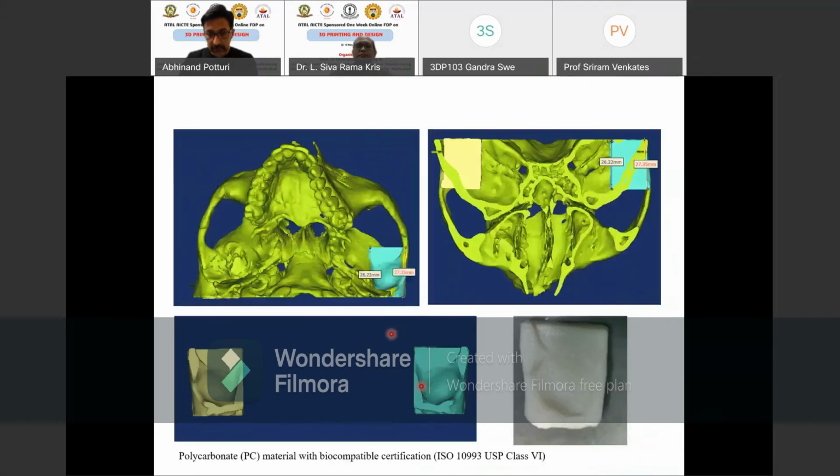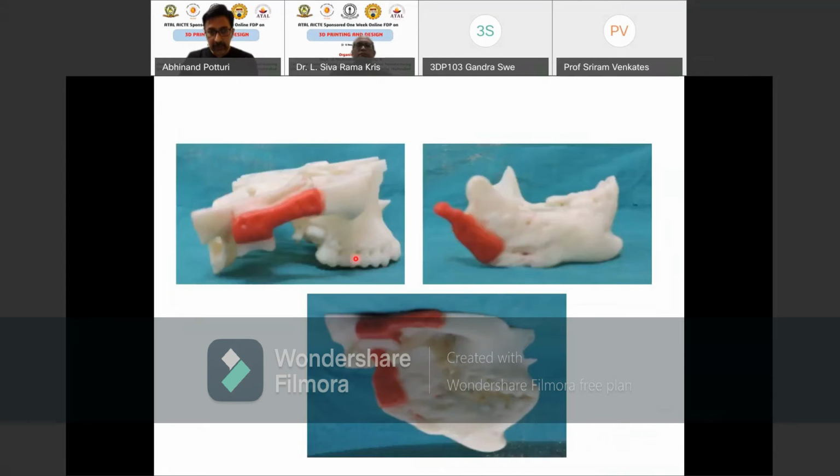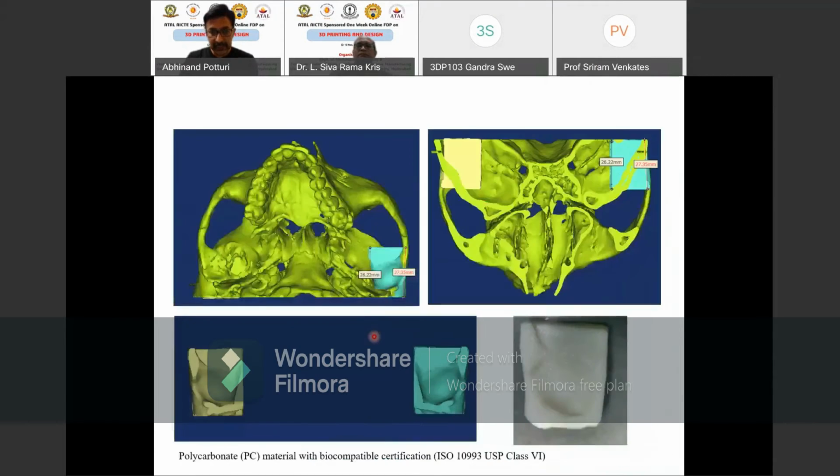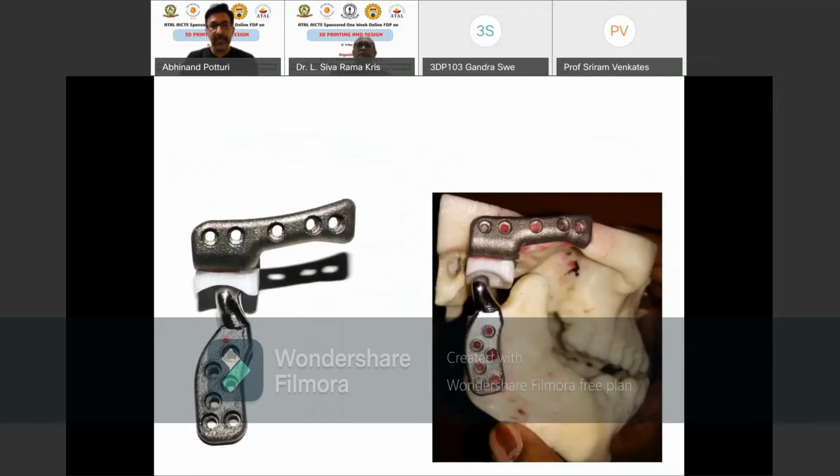See, I'll show you this image. This is a 3D printed model where we have wax carving, the waxing of the artificial joint. We create an artificial joint like this, and once the artificial joint is created, we know exactly where to place it, and then we print a titanium artificial joint.